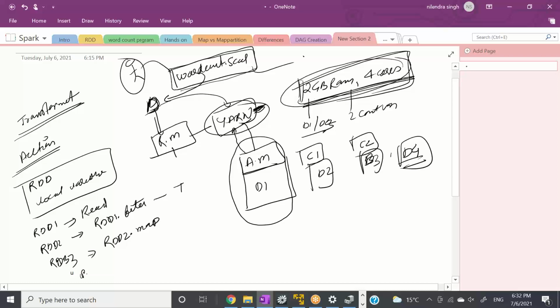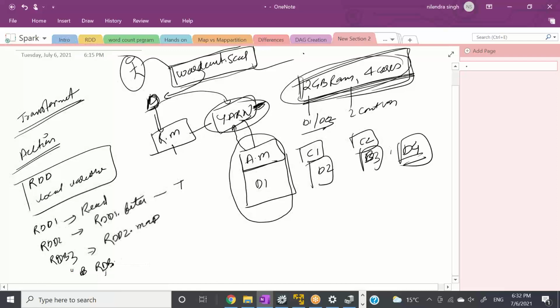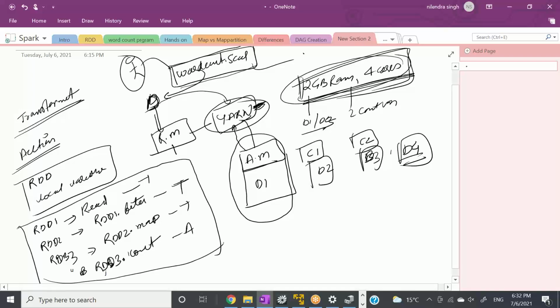And then on RDD3 you call some reduce by key, or simply call count. So this is a transformation, this is a transformation, this is a transformation, and this is an action, right? This is what you wrote in your Scala file. What the driver will do behind the scenes is create a DAG, something like this.